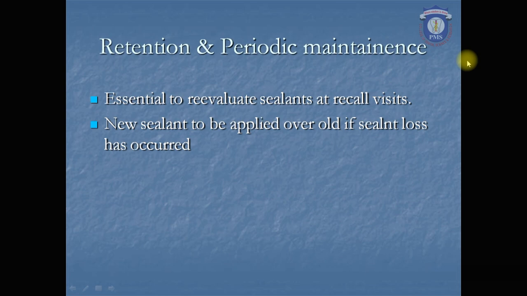This periodic maintenance part is something that we find difficult to maintain, because in between we have to see if it is done or properly placed. The periodic maintenance is the part where patients lack. Basically, they don't come back to re-evaluate whether the sealant is done properly. We have to motivate properly and select patients accordingly, so that they come for periodic maintenance after the sealant